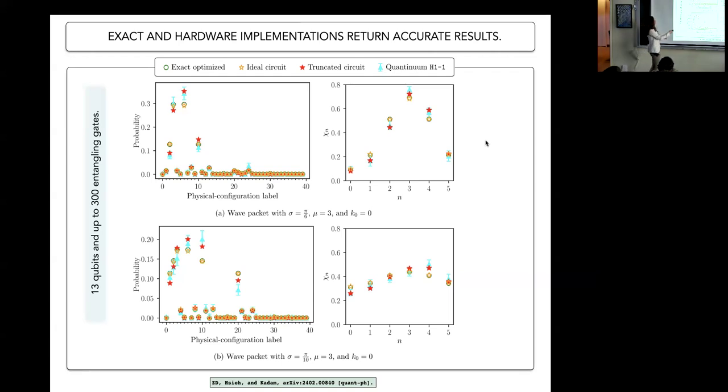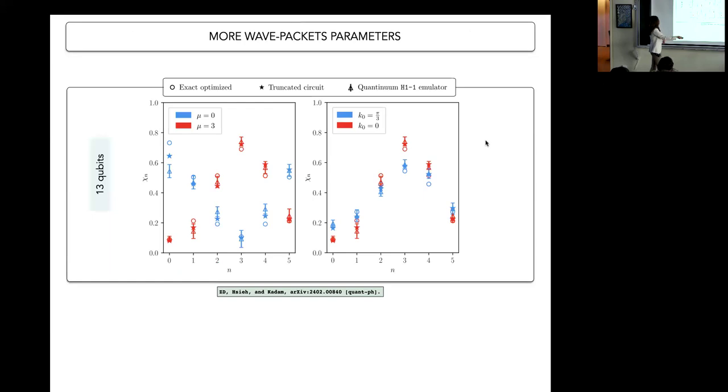Something to notice is that we see the wave packet. This is the fermion density, or the quark density, as a function of the site. And then you see this periodic kind of wave packet. This is a sharper wave packet. This is a wider wave packet. You can do all those things, which is really cool. Okay, and this is another slide.